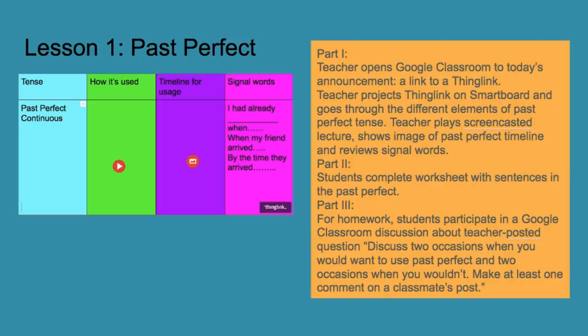Part 1 of Lesson 1, the teacher will open Google Classroom to today's announcement, a link to a ThingLink. The teacher will open the ThingLink and it will look like the example on your left. The teacher will project the ThingLink on the smartboard and go through the different elements of the past perfect tense. The teacher can click on this button to play a screencasted lecture. Then the teacher can click on this button to show an image of the past perfect timeline, and then review